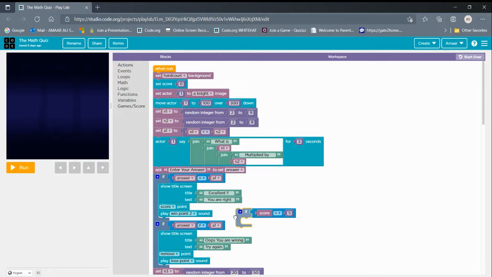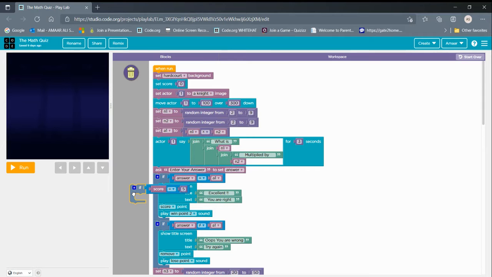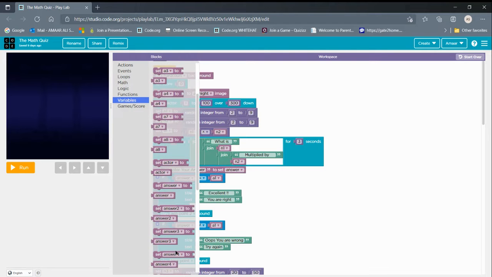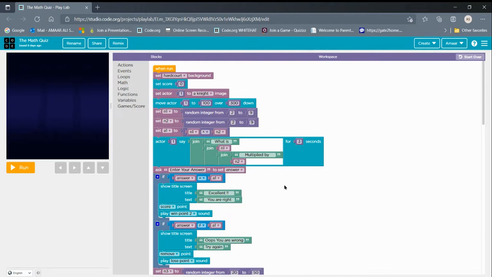If score is equal to 5, then remove the score from that and take the variable answer. Then put is equal to in this and then in the second box take a1.